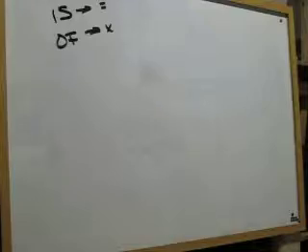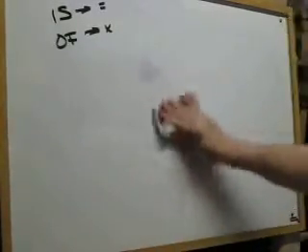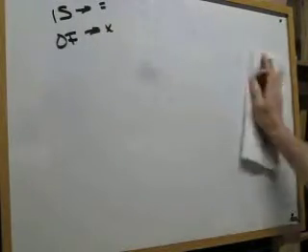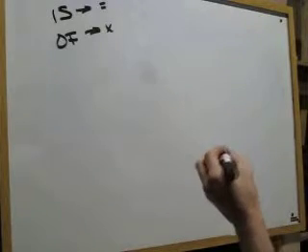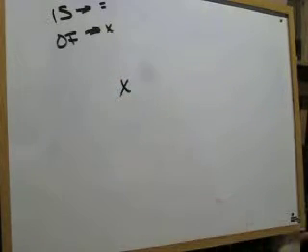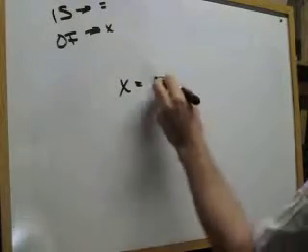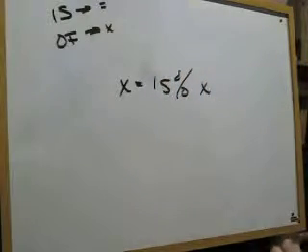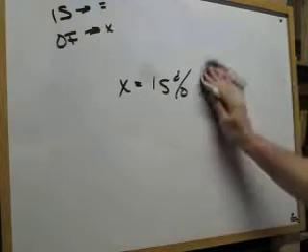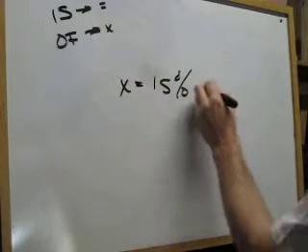So what we can do is rewrite these problems really quickly and easily just by using those two words to help us write. So if you look at example 1, it says what number? Whenever we see what number, we're going to just put an X there because that's our unknown. What number is 15% of, let me use a dot instead of an X there because I don't want it to be confused with this X, of